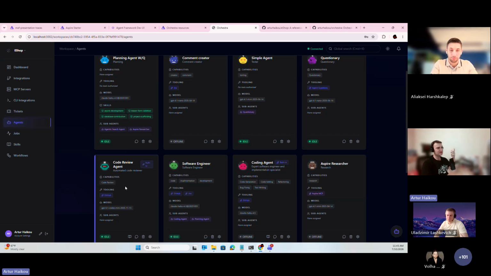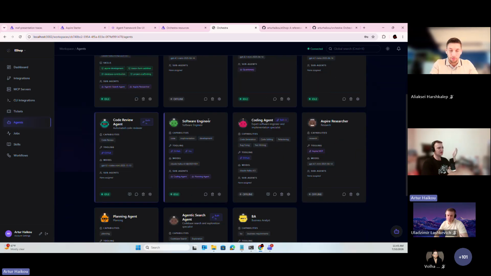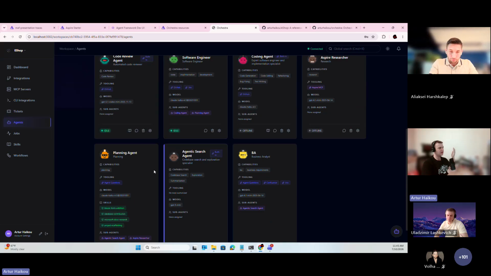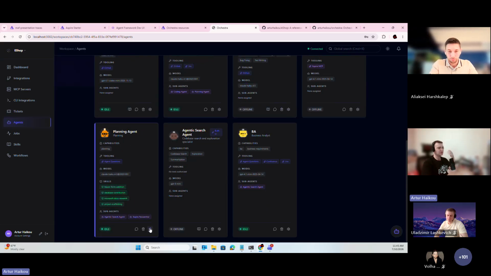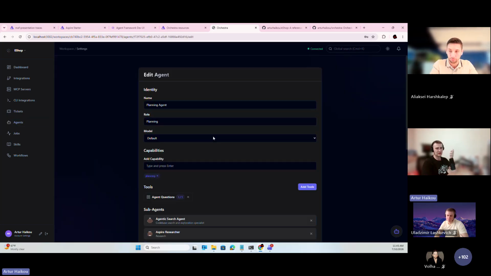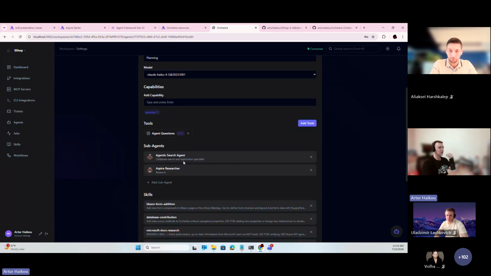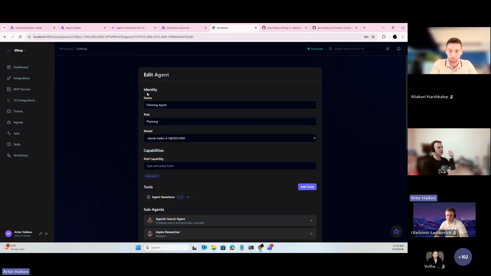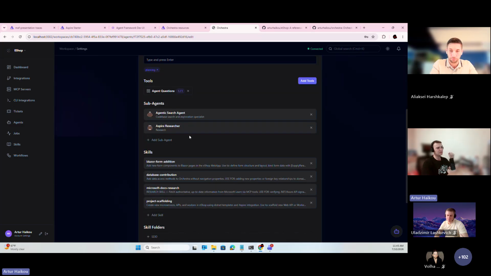Why I show you this: in this case, you are able to mix capabilities between different providers and combine them. I have a planning agent, which is responsible for planning changes in my repository. The planning agent itself is based on the Azure OpenAI provider, but it also has two additional agents to separate the work.